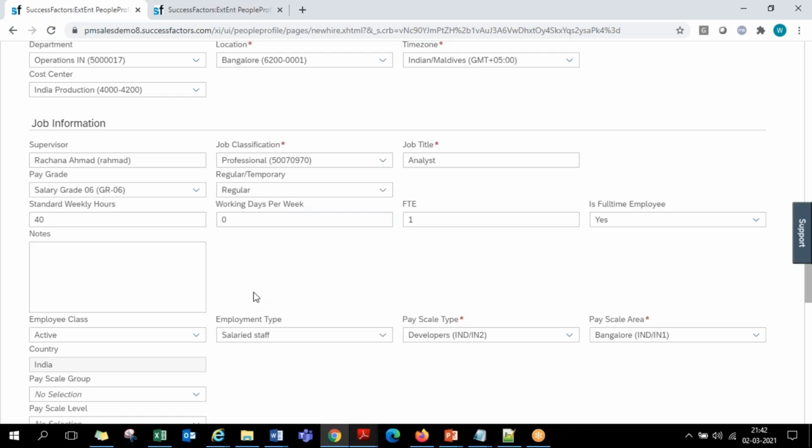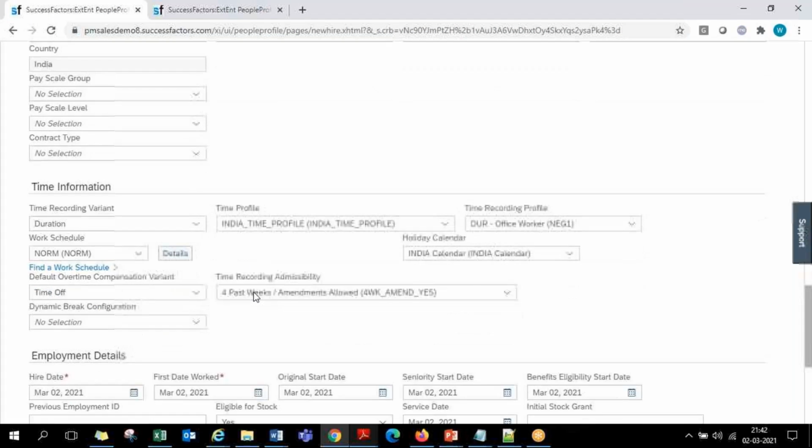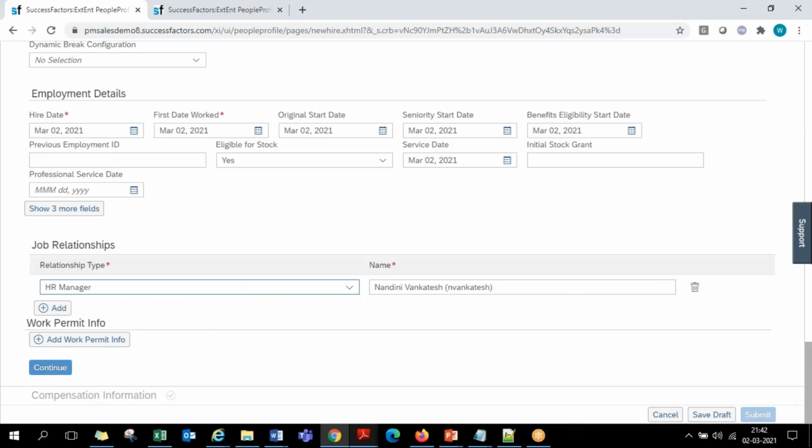Clear. Thank you. Suresh, in the hiring action, we have multiple infotypes which come up, like previous employment, professional tax, all those. So over here, can we add more fields? That's what I mean, more fields can be added. Portlets cannot be added. That's what I'm saying, just now I told you. Fields can be added, but not the portlets.